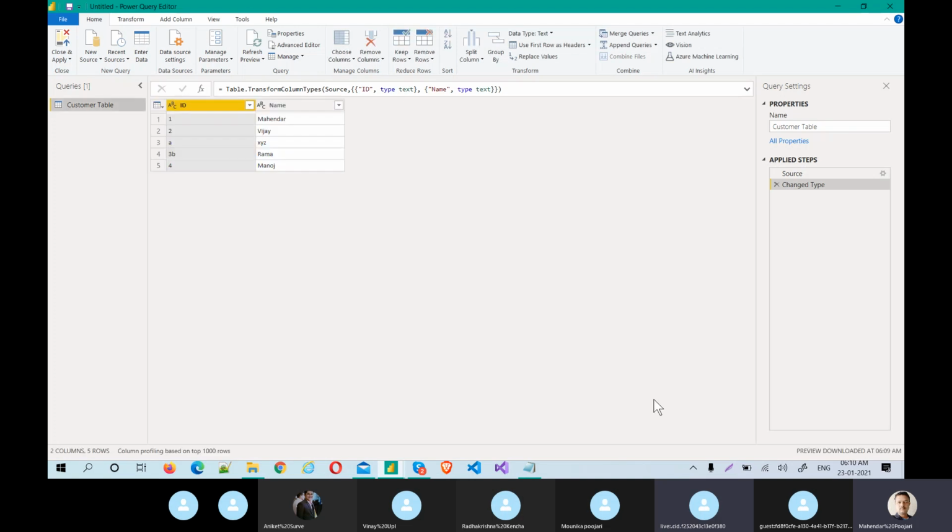I'm repeating, the query editor is a separate entity in the Power BI architecture. As it is the first entry to Power BI, we will be focusing on a lot of things in the query editor itself, for a couple of sessions. So you have to become much more familiar with this query editor and all these options. I will touch upon as many as possible with real-time scenarios, and we will go further. Now, as it is ID, I just want to make it a whole number.